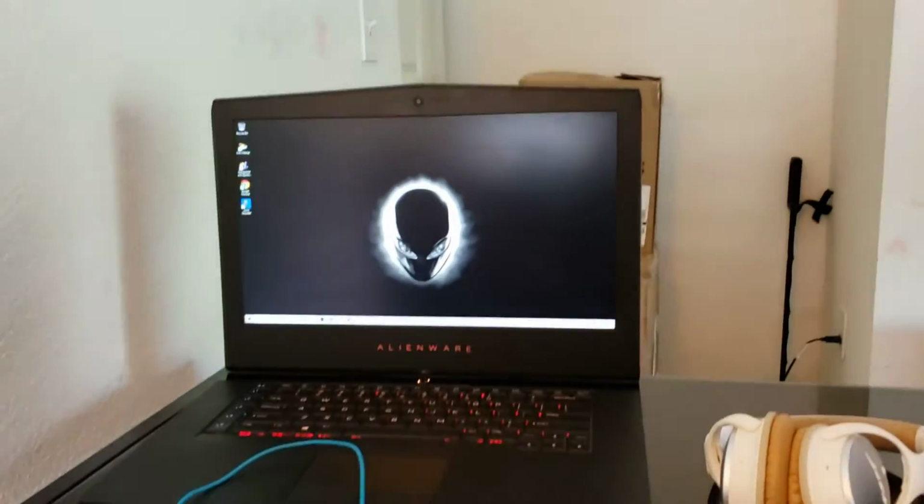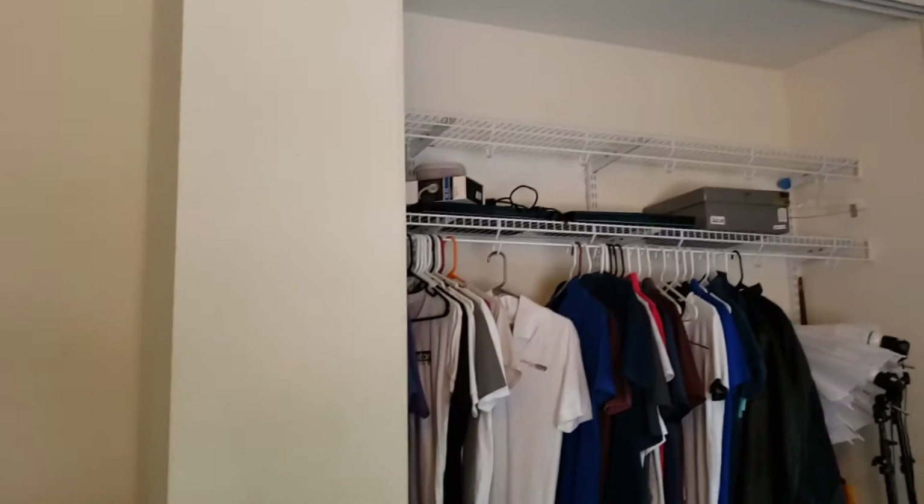Anyways, first off, as you can tell, I got a new laptop, a new Alienware, and of course I still have this one, and I have those two up there as well. I used to flip electronics, by the way, if you didn't know, so that's why I have so many of these. But I just like to buy every once in a while and did some deals. So what is up today?